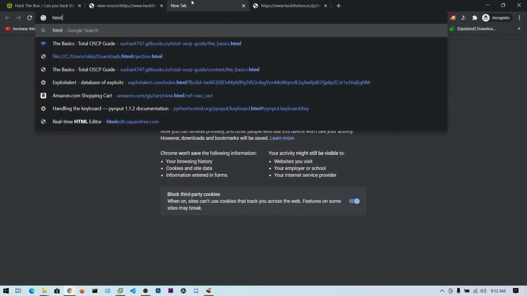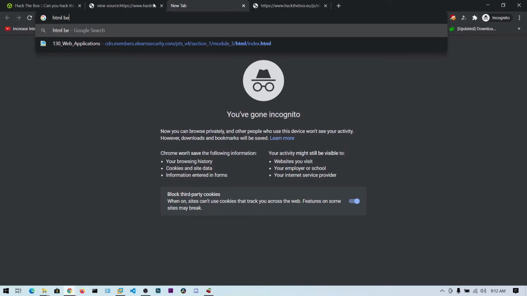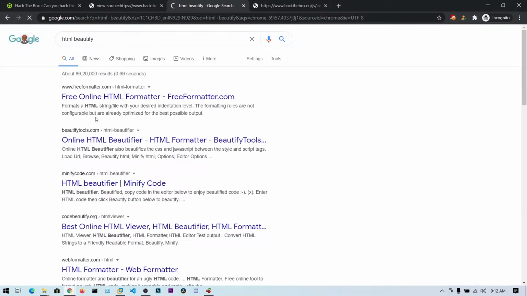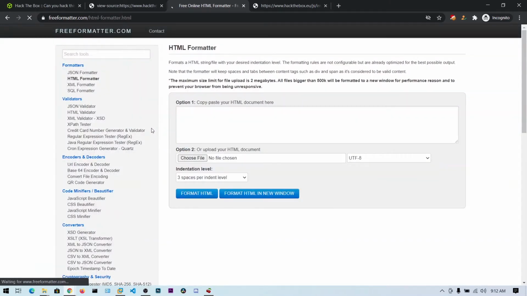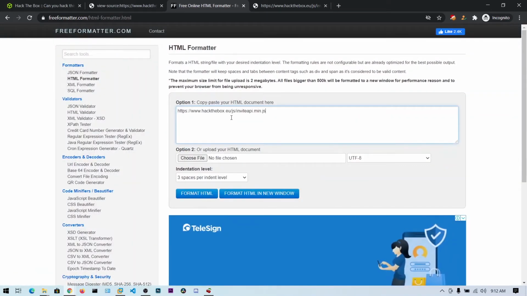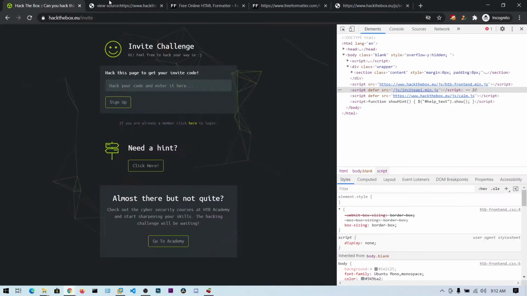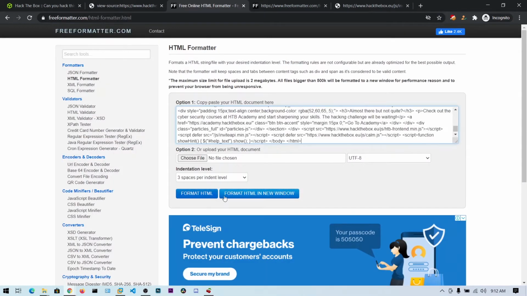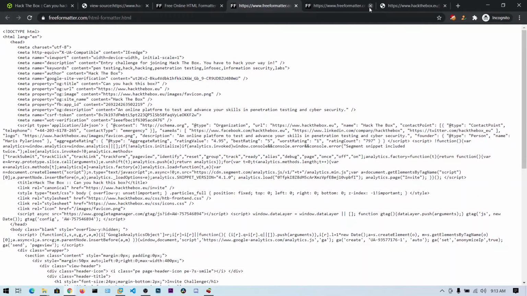So all we can do is HTML beautify. This beautifier will format according to the HTML. So let's copy paste and format HTML in a new window. So this is our HTML code.